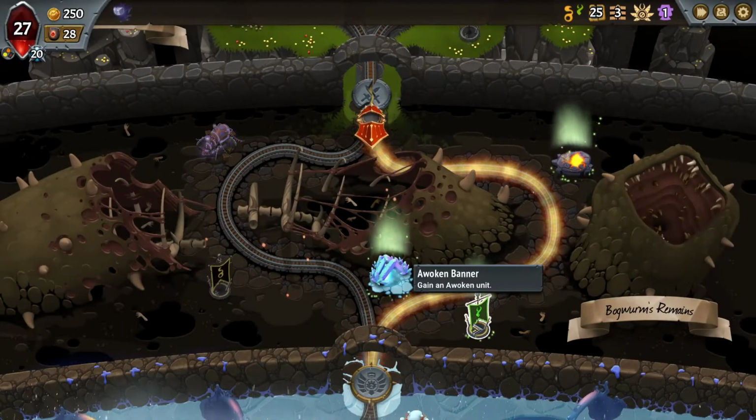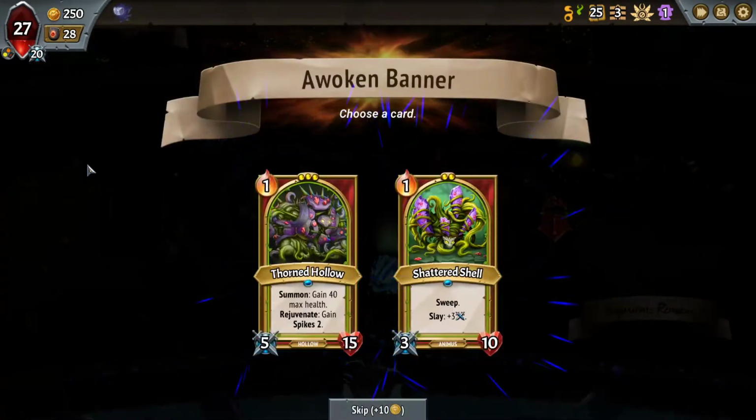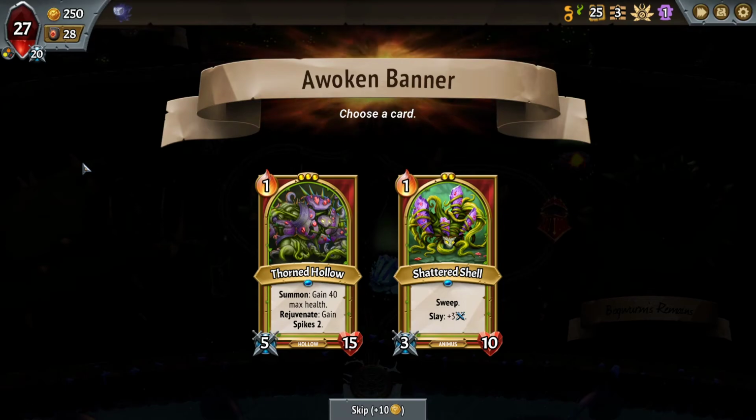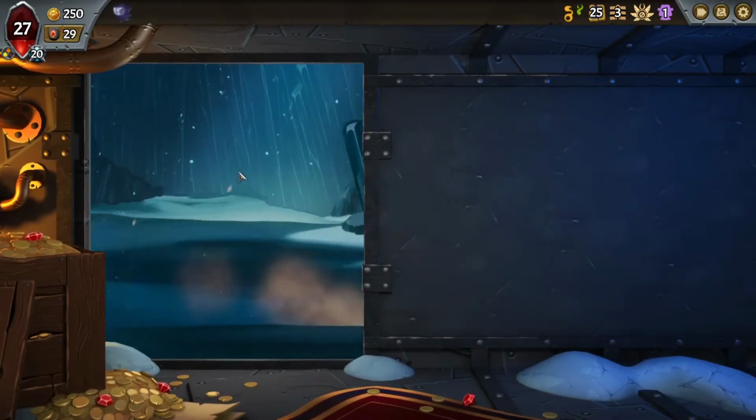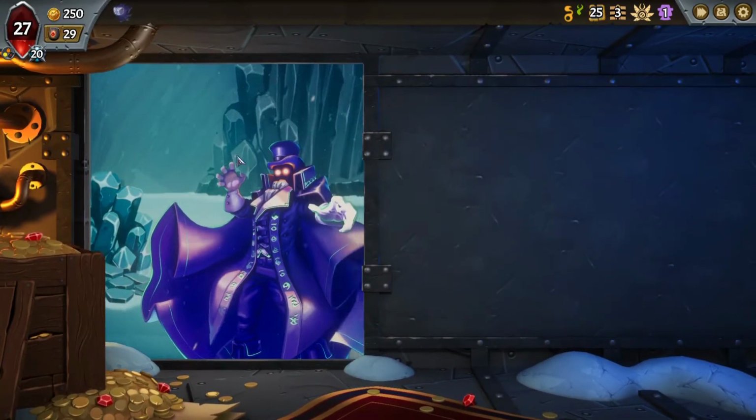Let's see what this is. Okay, well there's a Thorn Hollow. That's very nice. Let's see what this is, because you never know. This might be apply the big stone event, which I can never...